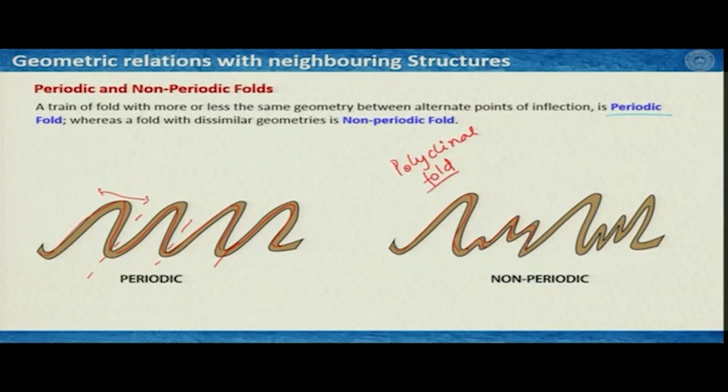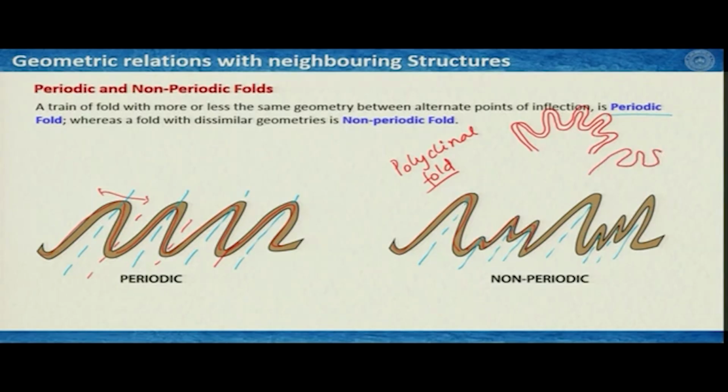What we see here in all these cases, I use this typical color for axial planes. The trace of axial planes does not matter whether the fold is periodic or non-periodic, the trace of axial planes are more or less constant, right. But in polyclinal folds, you may have folds like this, or you may also have folds like this. This is not very common,